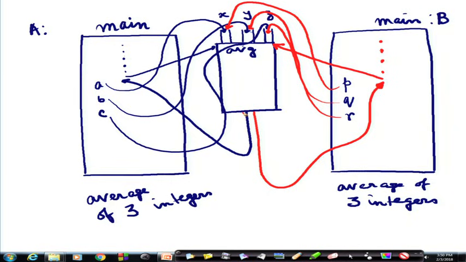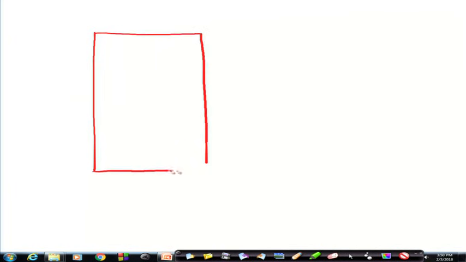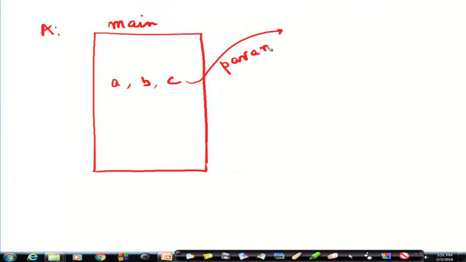So, if this is clear, then let us come to two more terms. They are that this function main of A was sending A, B, C to the function as parameters, we call it as parameters.